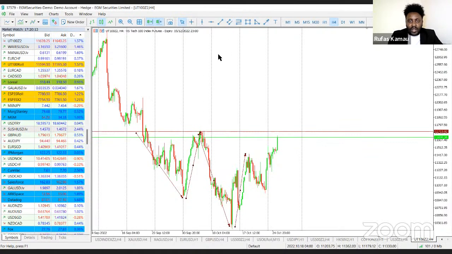So quite a similar pattern, seems correlated with the S&P 500. This did not quite get to the neckline, pulls back down, and now you can see the completion of the pattern is what we're expecting to be happening today. So a nice target for the US Tech 100 is around